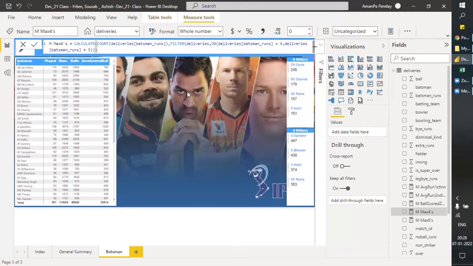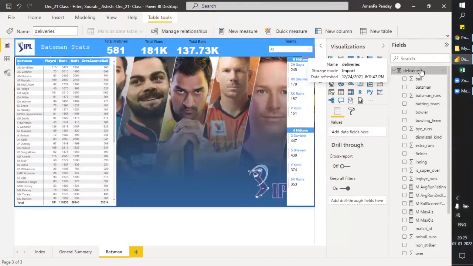So now moving to the next one, we'll be creating a new measure to find the batting average.